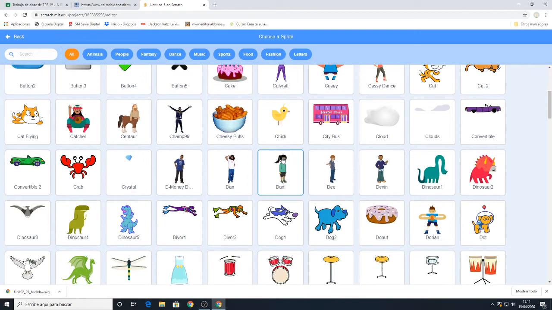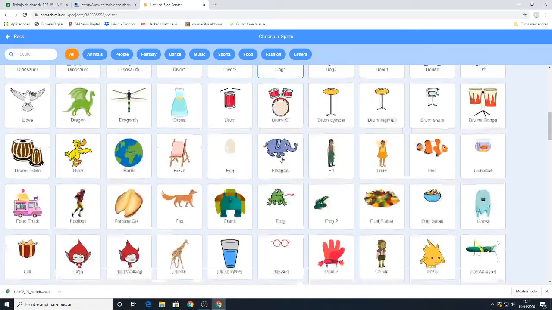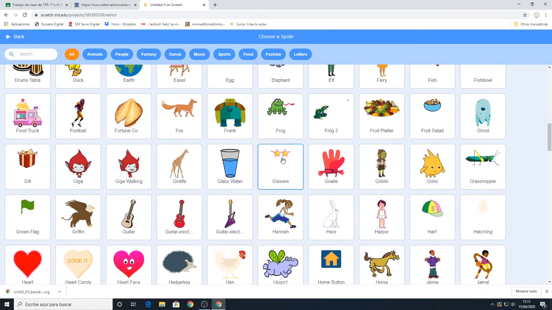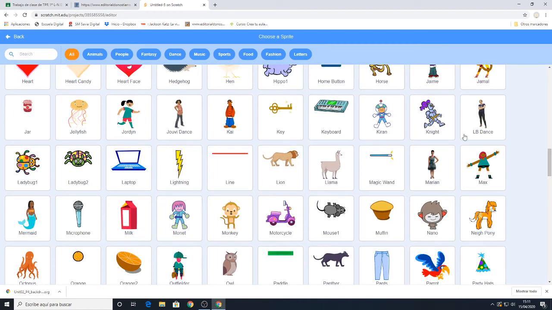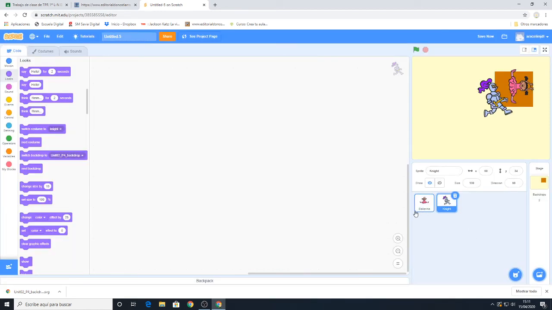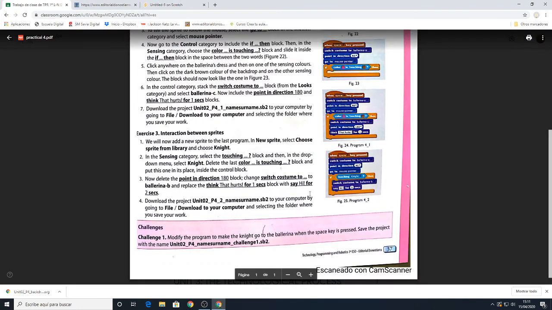Where is the knight? The knight is... okay, he's here. So we already have two characters, Ballerina and Knight. And now we have to make the Knight interact with the Ballerina. Okay? So